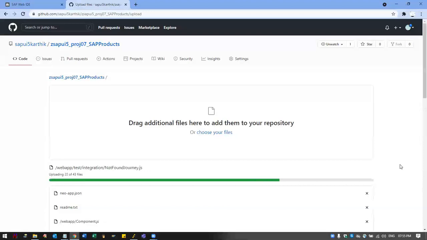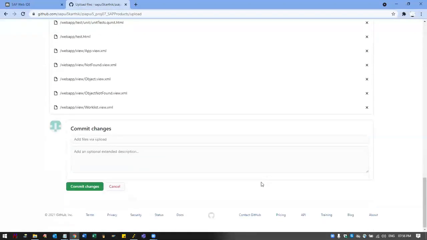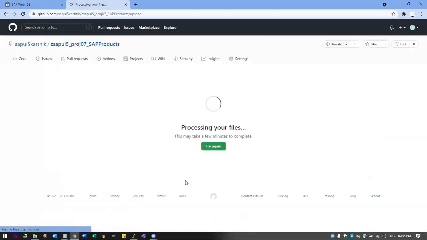And then after everything gets uploaded, this is a repository, a two-way repository. From the other side, you do some changes and you push it. This gets updated and you pull it from your side. The updated files, you are going to take all those things. Commit the changes. So the admin part is completed.